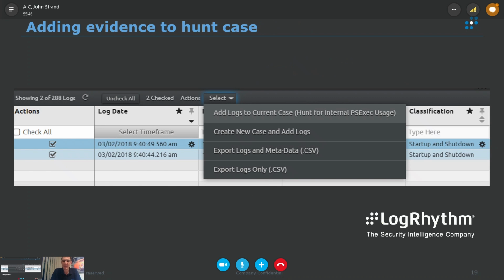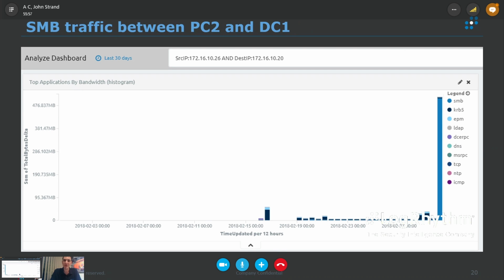So at this stage, we can start adding our evidence, in the form of actual log data. We can add case notes, and obviously it's a really good idea to document everything that you do. We could also hop across to Network Monitor and have a look at communications going backwards and forth between these two particular machines. Obviously this is probably a bad example, but even just by drilling into some of these histograms, you should be able to spot any spikes or anything abnormal, for instance network communications occurring out of hours,